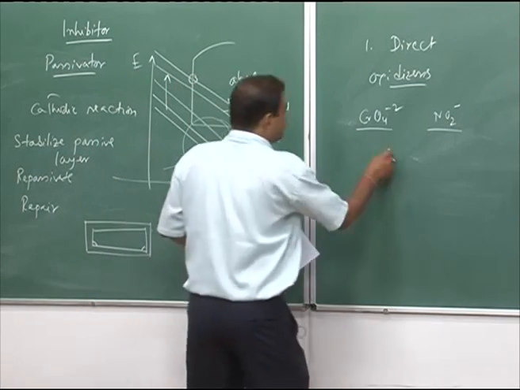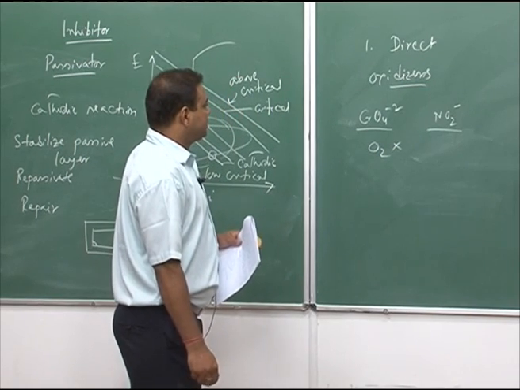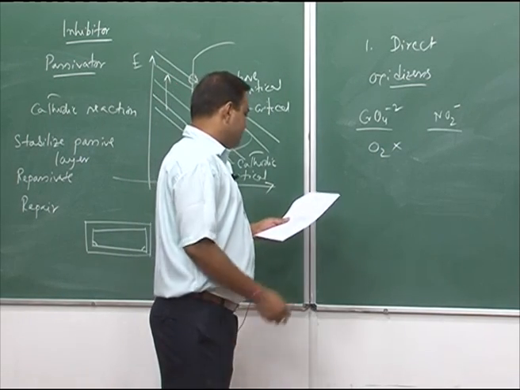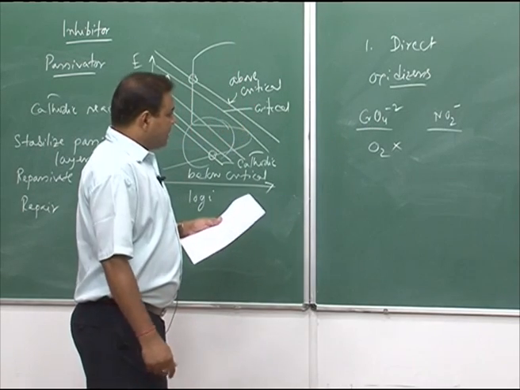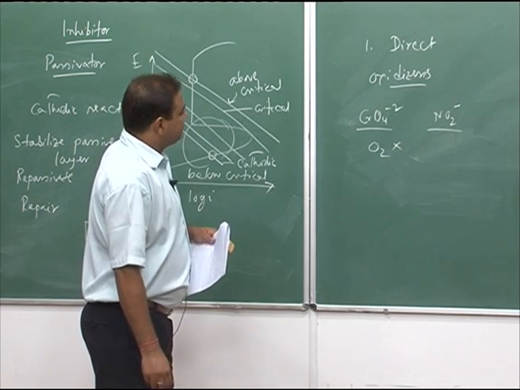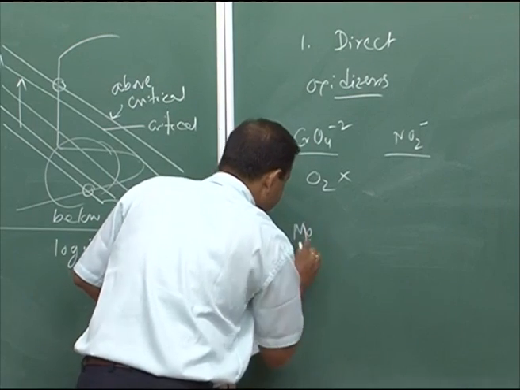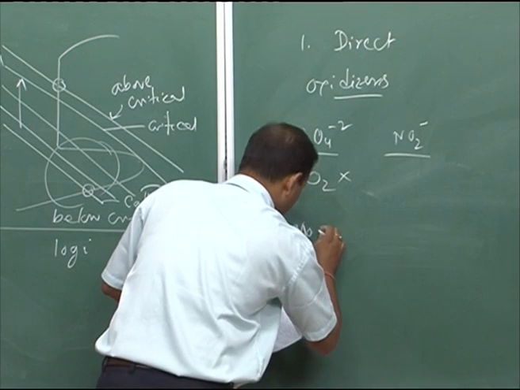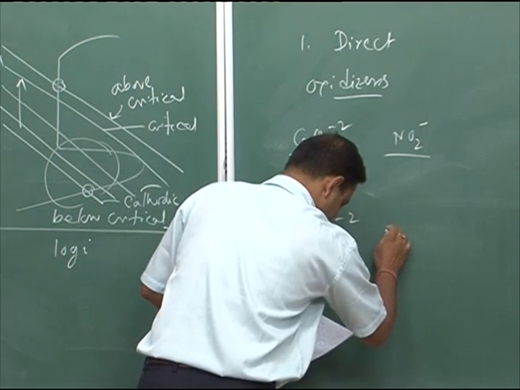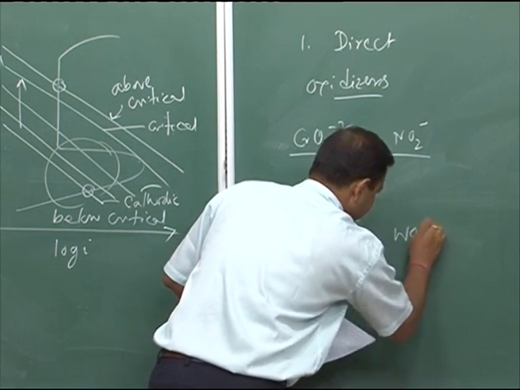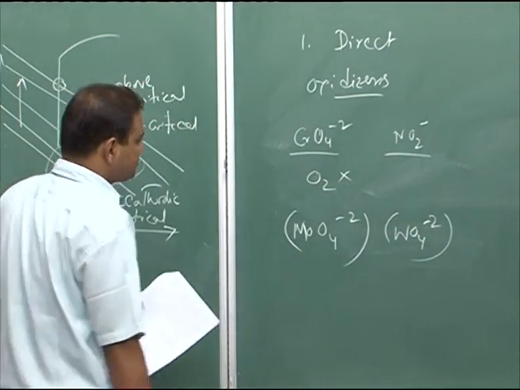So, this does not need oxygen to passivate the surface. But there are other oxidizers, for example, molybdate or tungstate. These basically need a little bit of oxygen